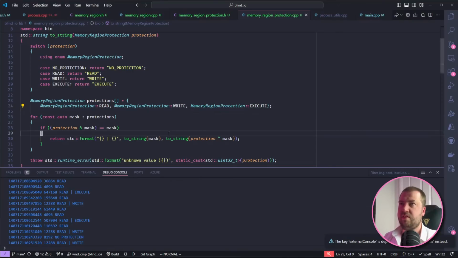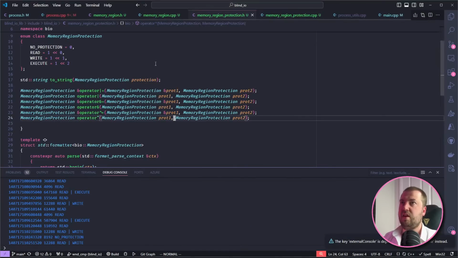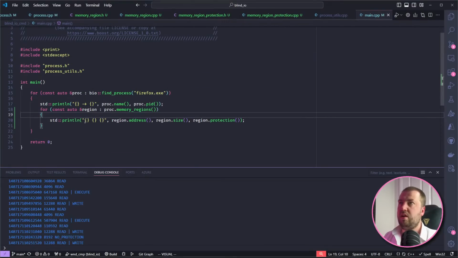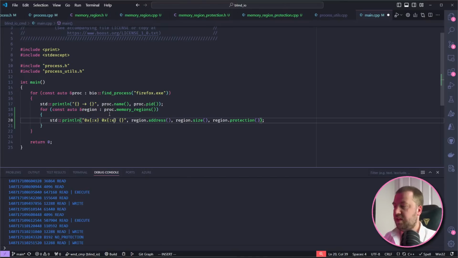We need to format this to be %x, but that's to be hex. I'm not too fussed about that. I think it's going to be 0x. I think that's right. Yeah, I think that's right. Let's try run